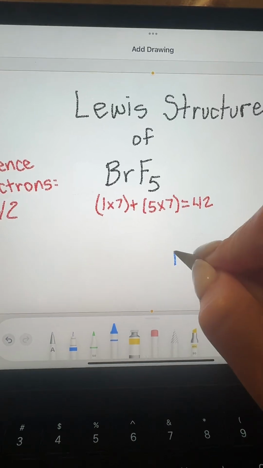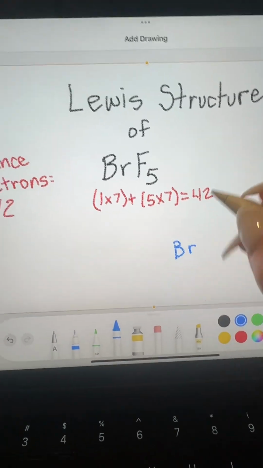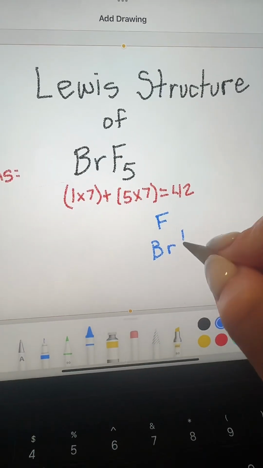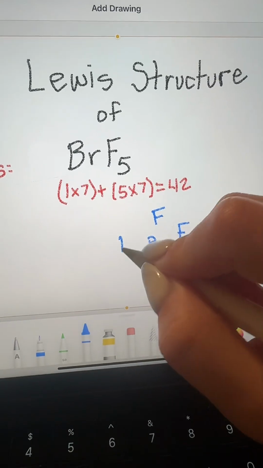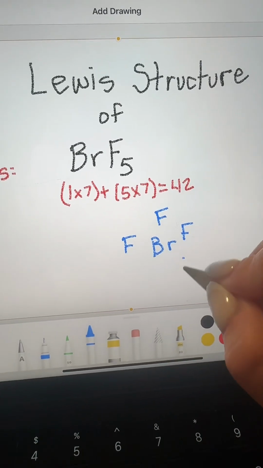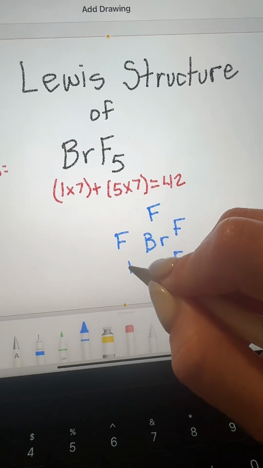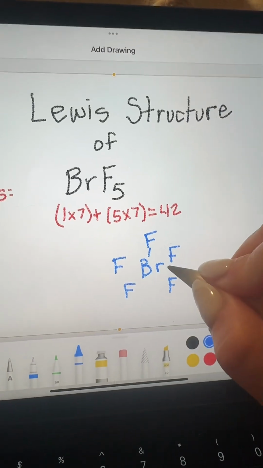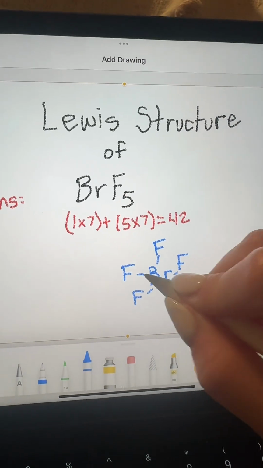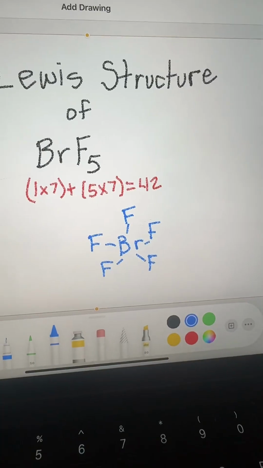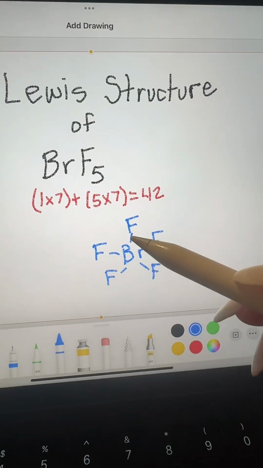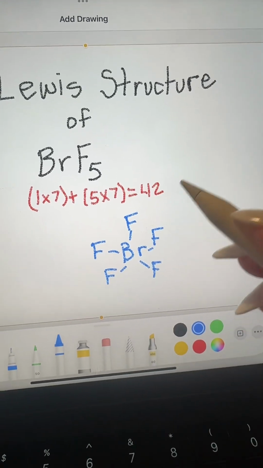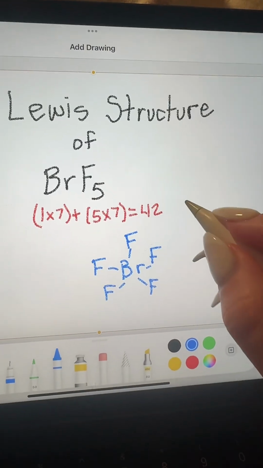So Br is going to be our central atom, and then we can place these all around, like so. And now we are going to show the bonds, and each bond takes up 2 valence electrons. So since each bond takes up 2 valence electrons and we have 5, we now only have 32 valence electrons